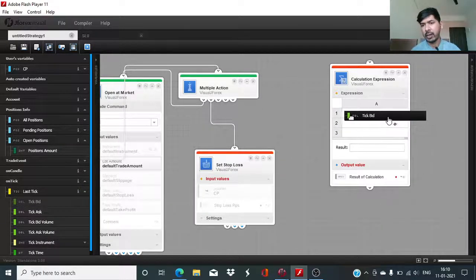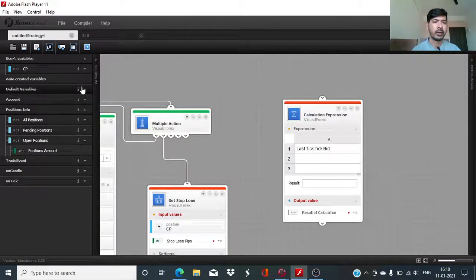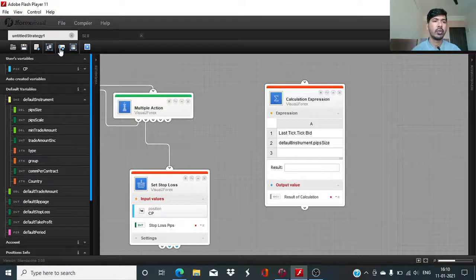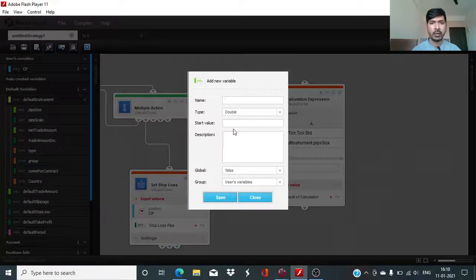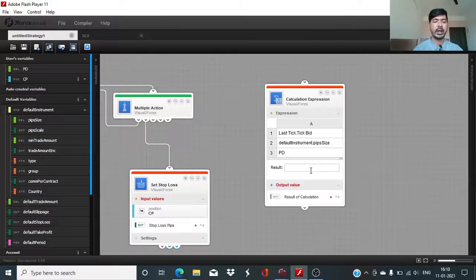Okay, I will take tick bid, and also the pip size of the instrument, and we will create one new variable, and we can name it difference, and the value is going to be 10 pips. So here we carry out the calculation A1 into A2 into A3,